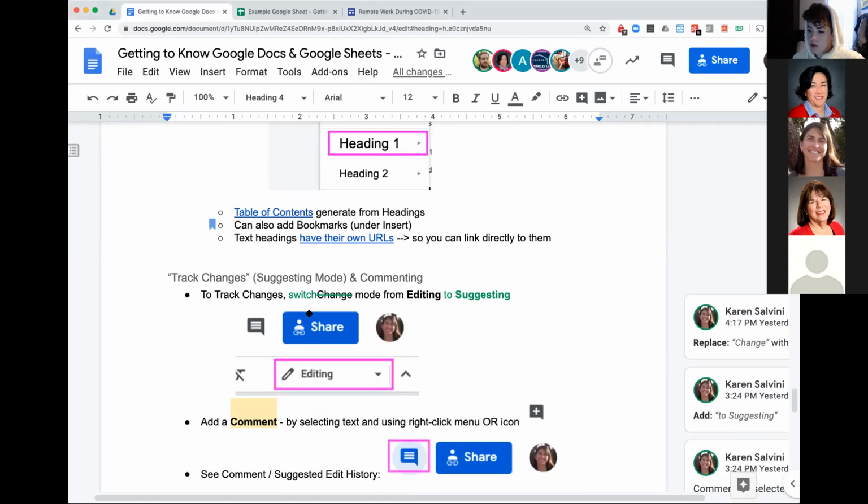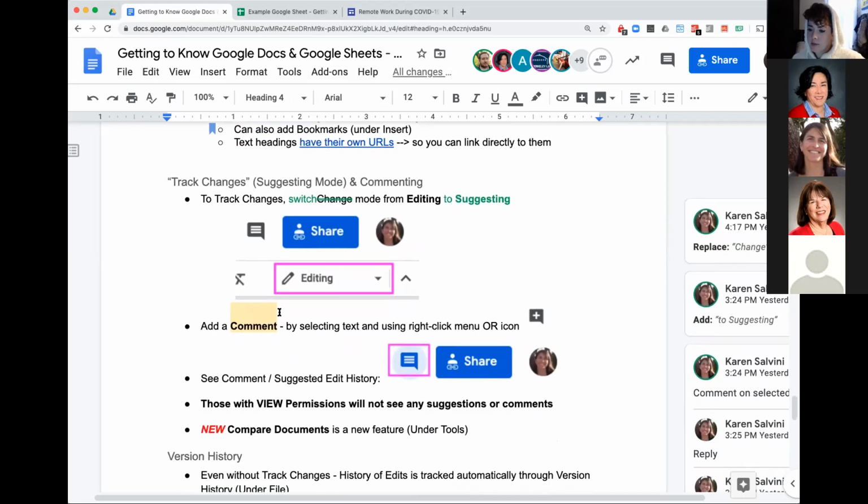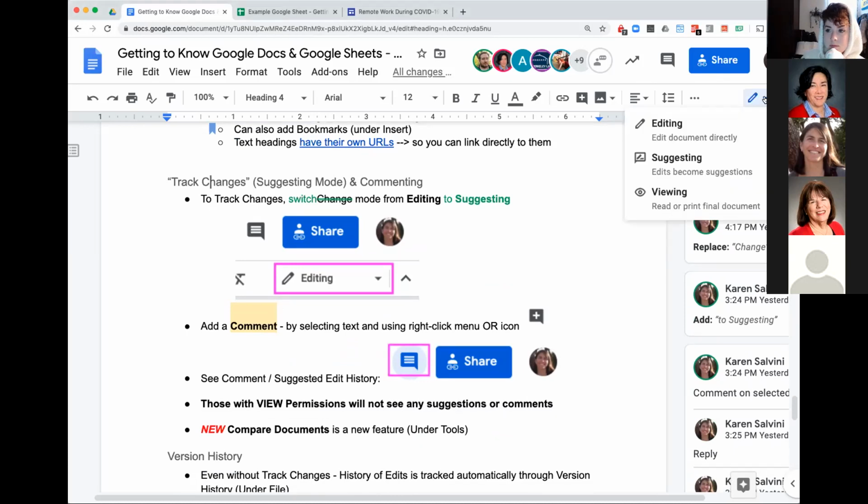Track changes. I get asked this question a lot. People really like this in Word, and you can do it in Google Docs. So I'm going to talk about that. In Google Docs, it's called suggesting mode, and you can do both adding suggested changes and also comment. Where you start is over here on the top right of your icon bar. There's this little pencil icon, and this pencil icon means you're currently in editing mode. So it's just going to be editing as normal, but you can change this to suggesting mode. I've already made a few, and I can show you what this is like.